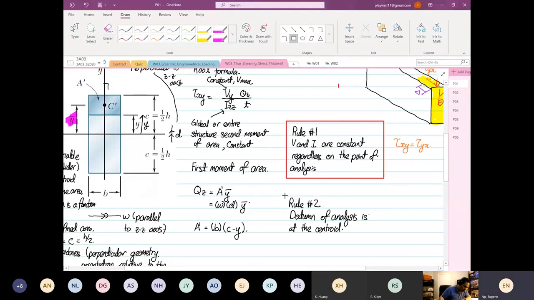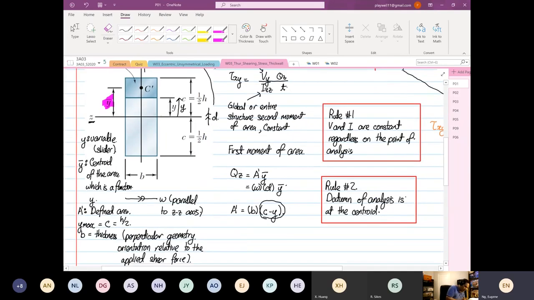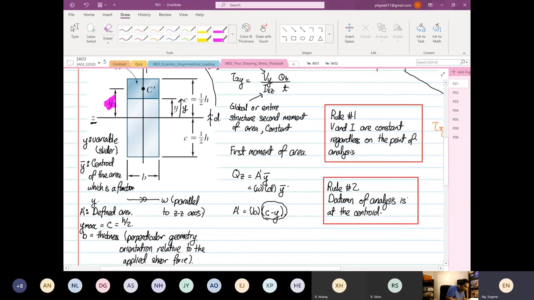And what you realize is this bracket over here is C minus Y. C, like what you see over here, is at its Y max. It's C minus Y because it's positive. You cannot have Y minus C, because you would have a negative value. So rule number 3,